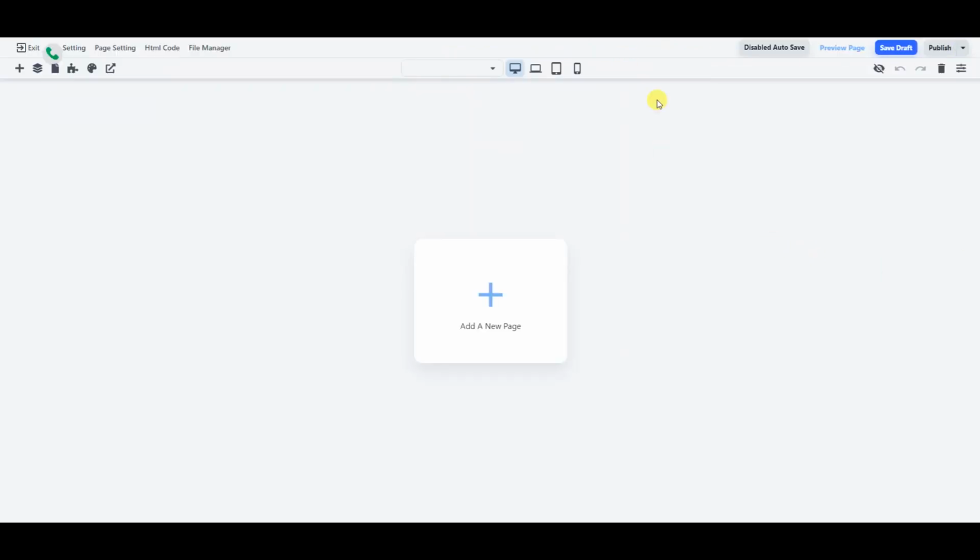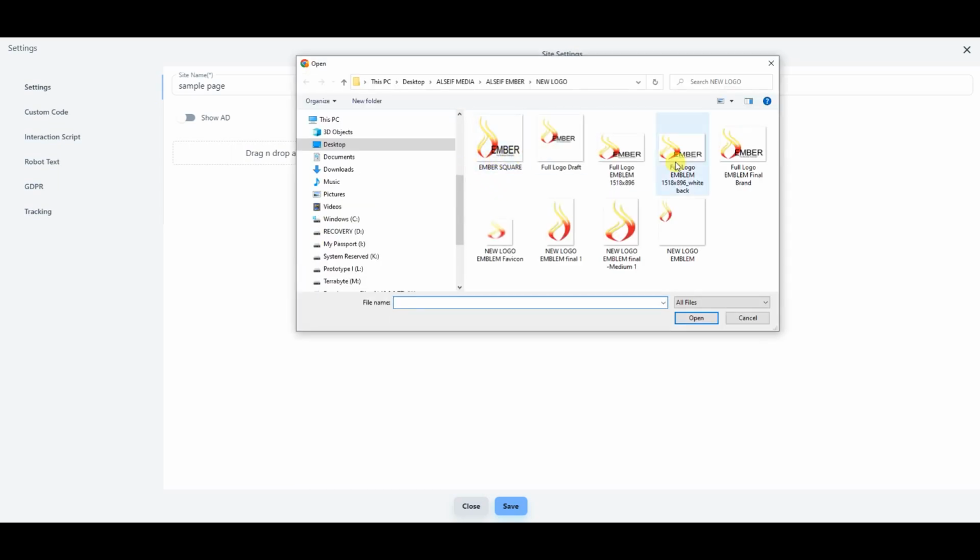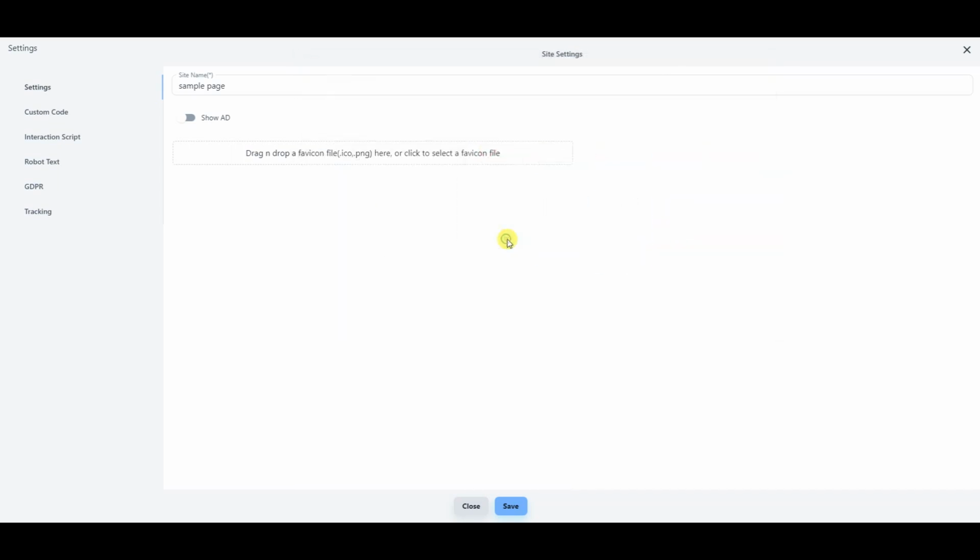So let's close that out and let's look up here. We're going to start with looking at site settings. You go in here and you can create the name of the site. You can bring a favicon in here, preferably 200 by 200 pixels. You just drag and drop it in here, or you click it and you bring it in here. Now our favicon that we put in here, I'll bring that little guy up. It's this little blurry guy. We just bring him up in here, and it'll show up at the top of the tab